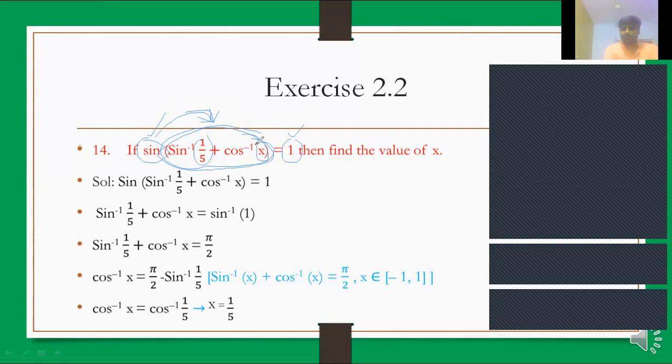Sine inverse of x plus cos inverse of x is pi by 2 formula. Tan inverse of x plus cot inverse of x is pi by 2. Secant inverse of x plus cosecant inverse of x is pi by 2. Correct? Similarly, whatever we have in sine inverse, the same should be beside cos inverse also. Because sine inverse of 1 by 5 plus cos inverse of 1 by 5 will get pi by 2 in brackets. So sine pi by 2 is 1. Directly we can answer. For objective, answering is very easy for this problem.